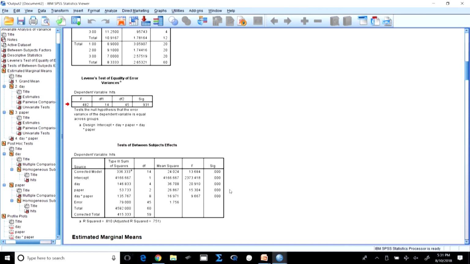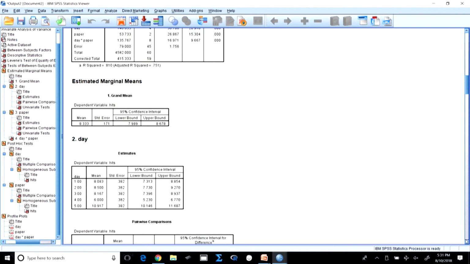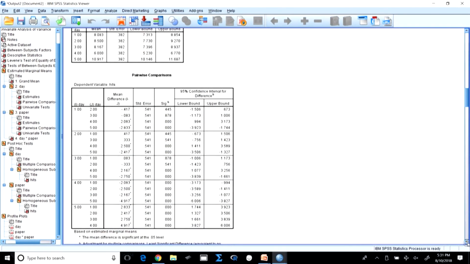In many cases I have seen you may get only one of them significant, or only the interaction effect significant and none of the main effects, or only one of the main effects and the interaction effect significant. Rarely do we get all 3. Generally I have not seen many such cases. Then we can check it individually. Now coming to the post hoc test.